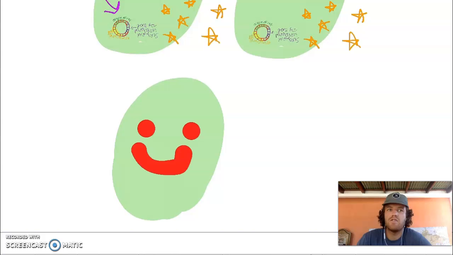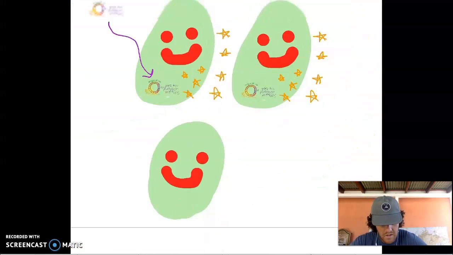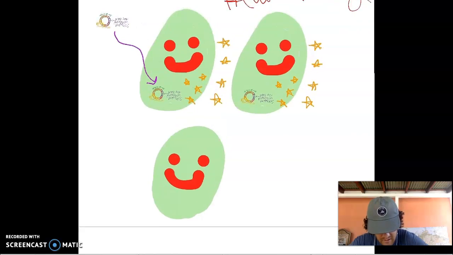So as scientists, do you think we want to spend the resources keeping this bacteria cell that can't even make pathogen proteins alive? No. So what do? Well, we take advantage of the fact that we know that any bacteria cells that can produce pathogen proteins also has a gene for antibiotic resistance, because remember that resistance gene is on the plasmid. So knowing that, we can actually take these bacteria cells and put them